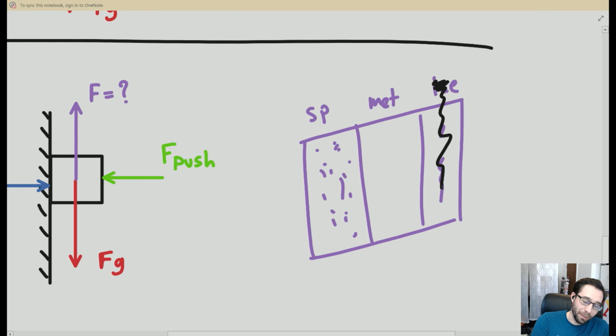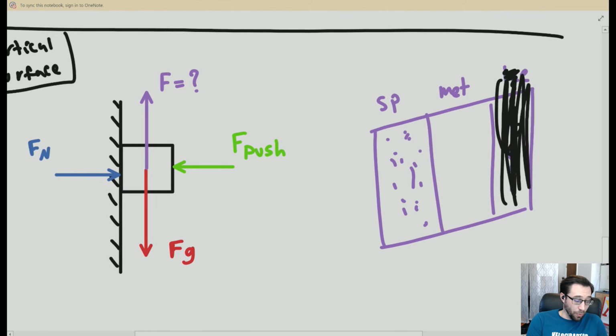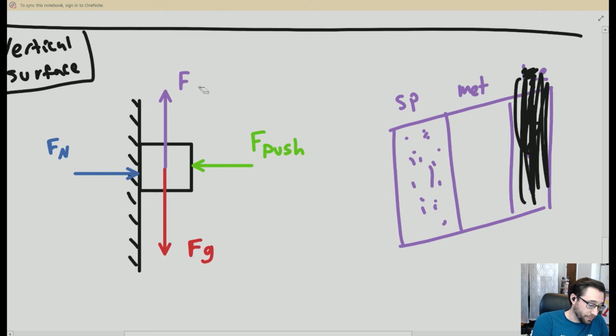Let's do metal and sandpaper. How about that? Is that better? Okay. So metal and sandpaper. If I did the experiment and I was pushing into the metal, it would drop, like if it was doing them at the same time and it was pulling back the amount of force, the one with the metal would drop quicker because there's less friction, right? So what this is going to lead up to is,